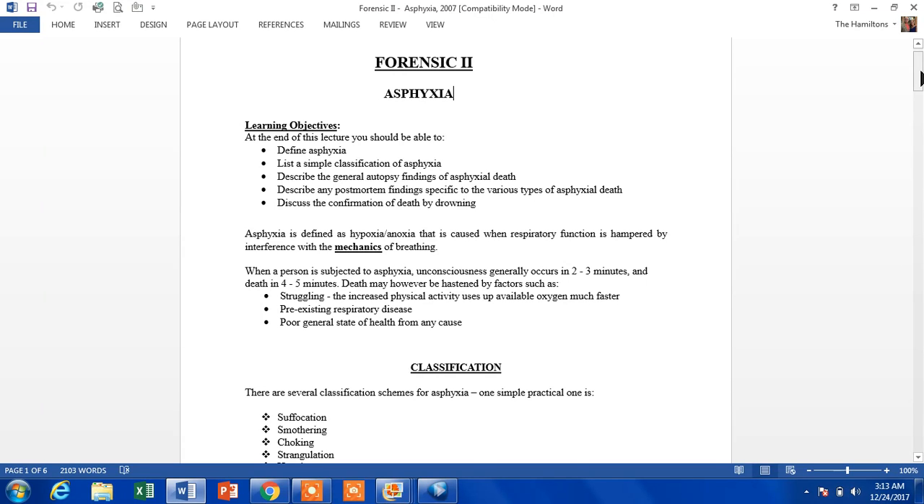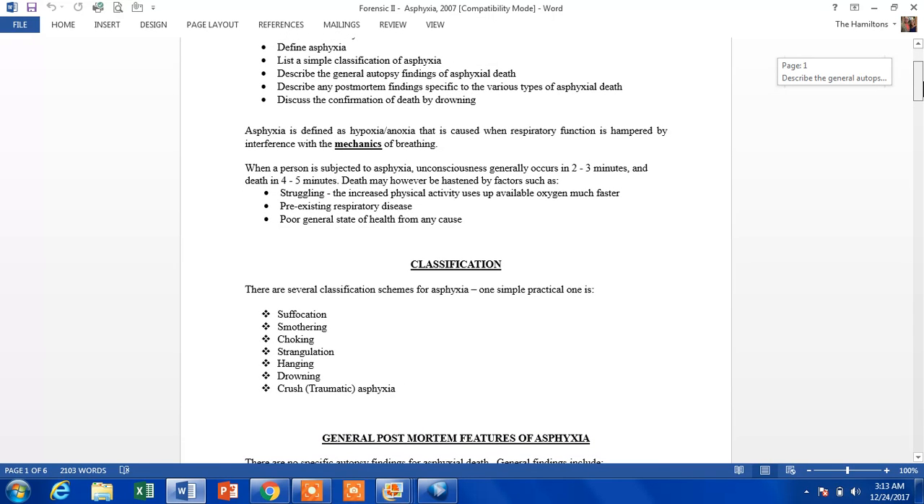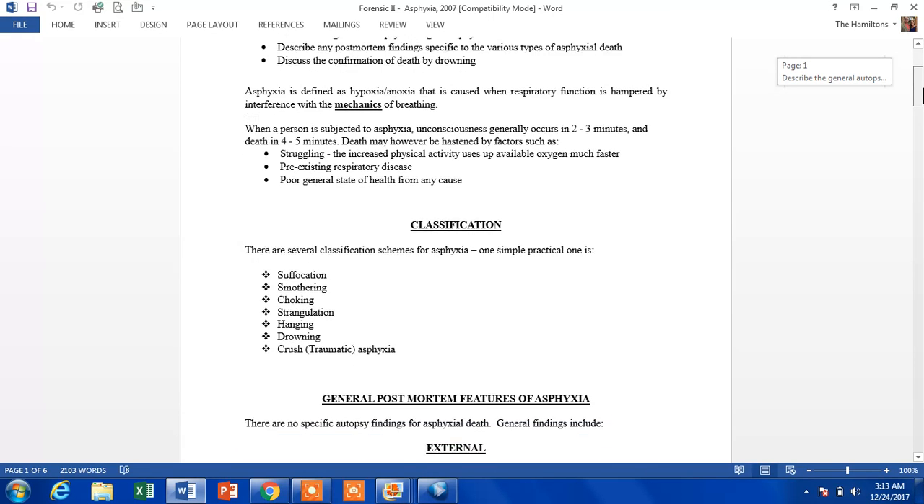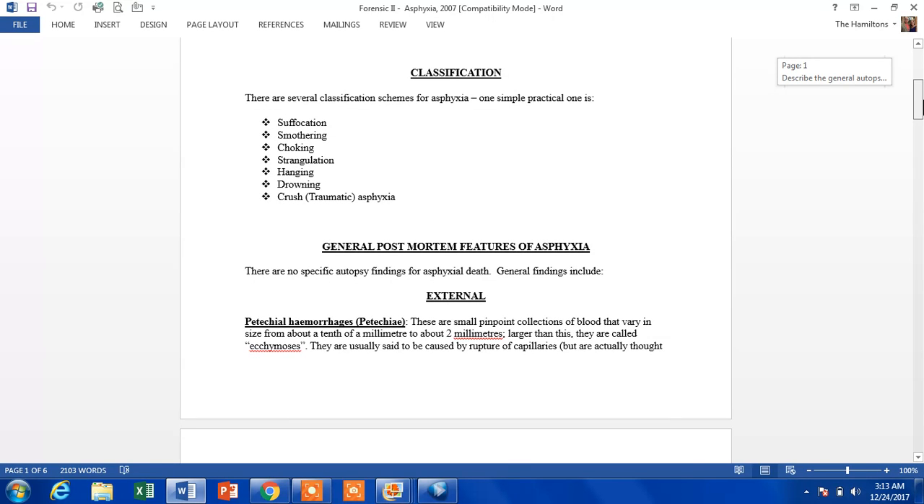Classification. There are several classification schemes for asphyxia. One simple practical one is suffocation, smothering, choking, strangulation, hanging, drowning, crush, or traumatic asphyxia. General post-mortem features of asphyxia. There are no specific autopsy findings for asphyxial death. General findings include external